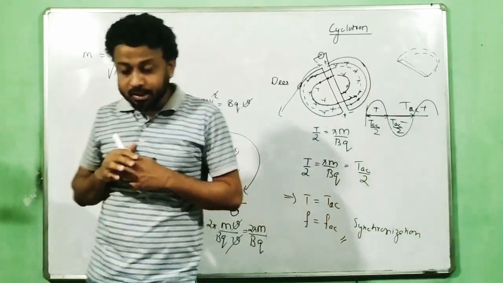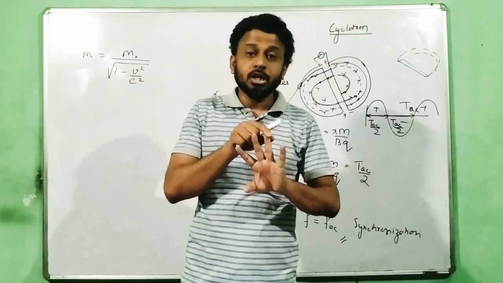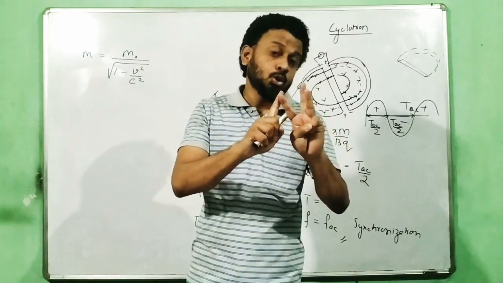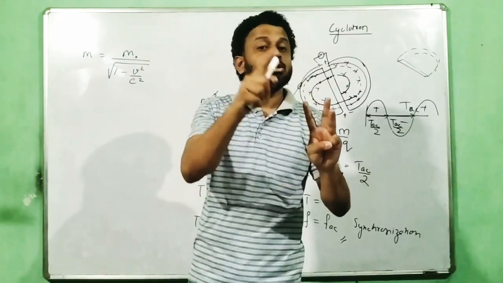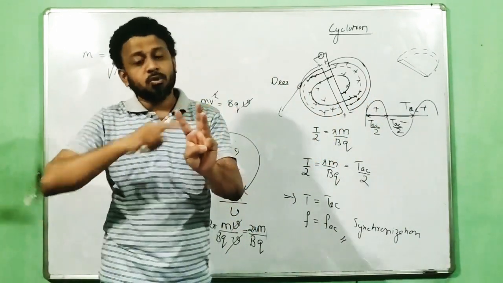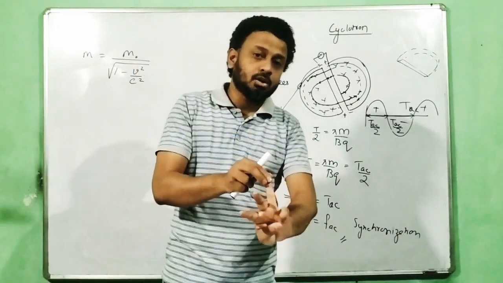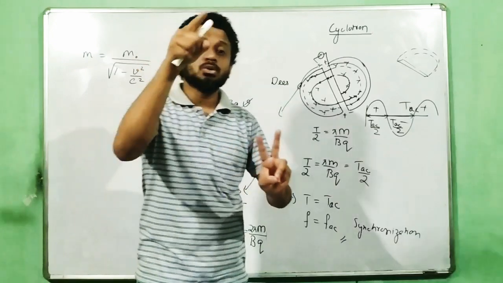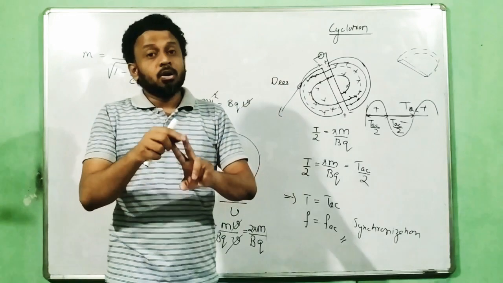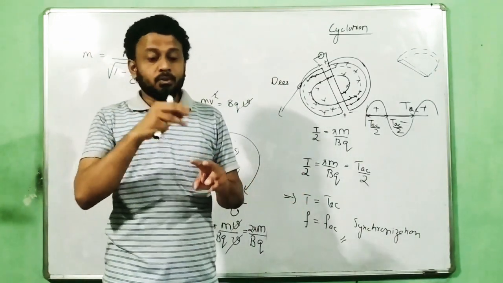Now the question they ask is: neutron, proton, electron. Out of these three, one we cannot use in cyclotron. Which one? Neutron. Note down. Why? Because neutron has no charge. Here we need a charged particle. So first of all, neutron goes out. Neutron we cannot use in cyclotron. What are the things left? Proton and electron. Proton we can use, alpha particle also, because that is also helium 2 plus, positively charged. Okay, this we can use.